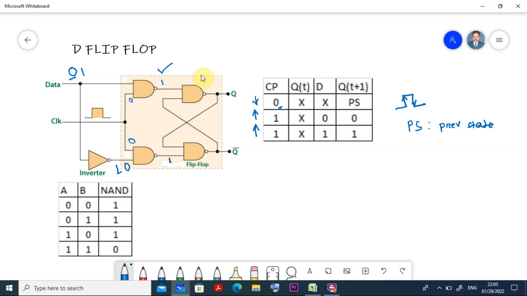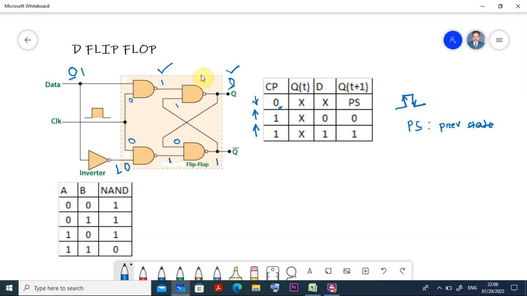Now what will happen here? If it is equal to 1 here, then initially suppose, assuming that Q is equal to 0, the previous output was 0, assuming, okay, then here it becomes 0, so 0 1 is 0 and the output becomes 1 here. When it is 1, here also it becomes 1, so 1 1 1 becomes 0. That means the same 0 is returned. Are you getting me? Previously it was 0, after completing all the process, the same 0 is coming. That means the previous state is not changing.